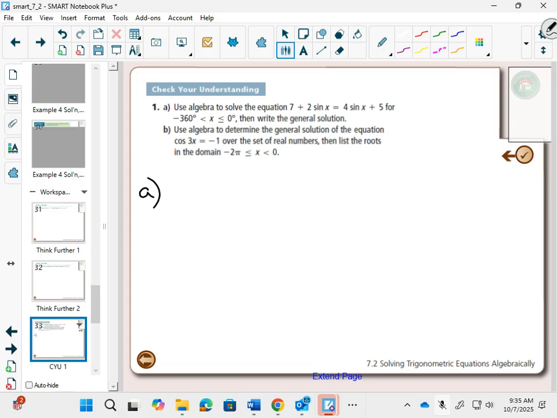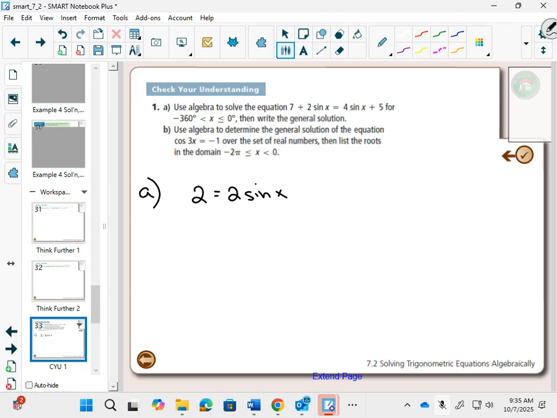Use algebra to solve the equation between negative 360 and 0. So our domain is in degrees. So this really is starting off pretty much a grade 11 question. We have like terms. Are you okay that if I put my numbers on one side and sine on the other side,